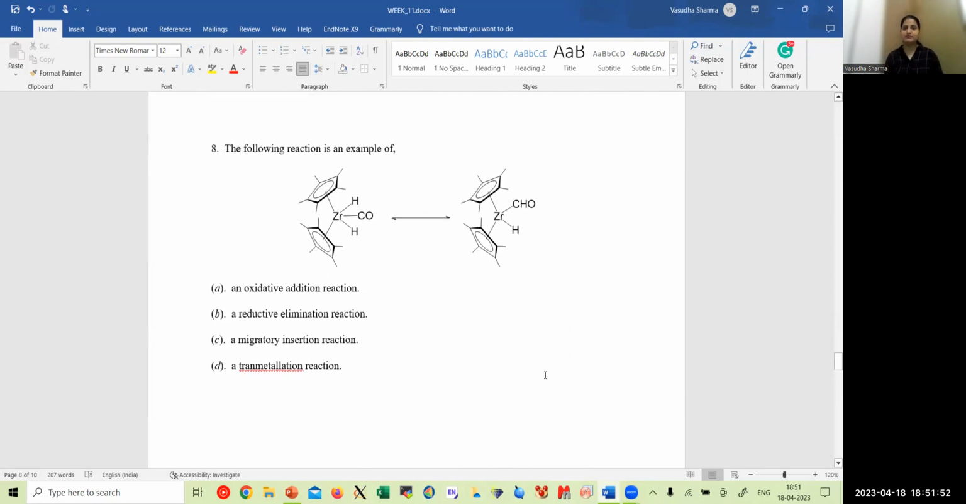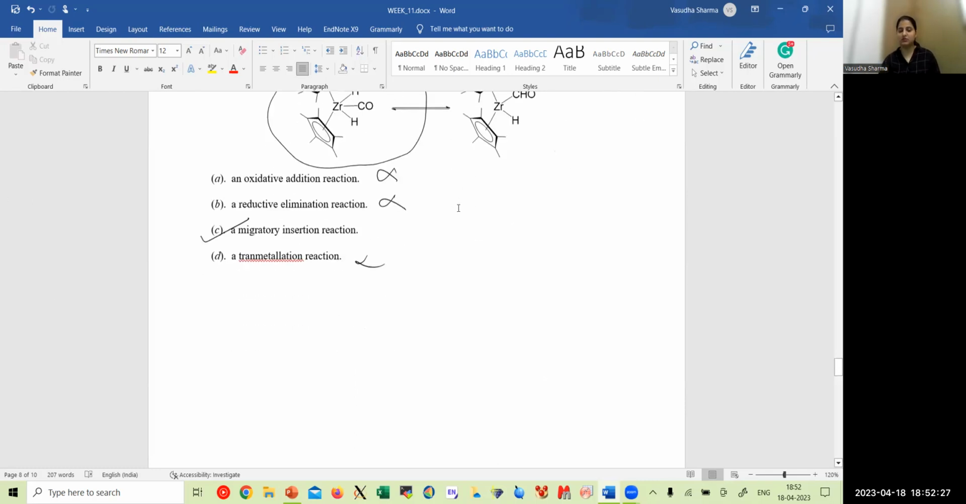The following reaction is an example of. So as you can see here, the zirconium complex has been given, and the carbon dioxide coordination has already happened. Now in the second step, as you can see, an insertion is happening. The carbon monoxide is going into the metal and hydride bond. So this is not an oxidative reaction. This is neither a reductive elimination. It's just a migratory insertion of your carbon monoxide into the metal hydride. And transmetallation is not happening because there is no metal which is transferring any of its